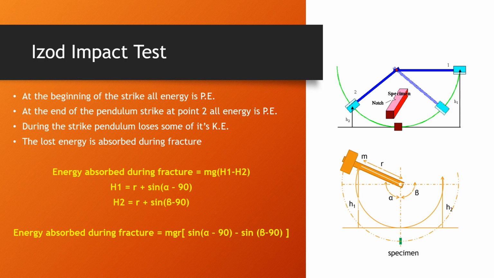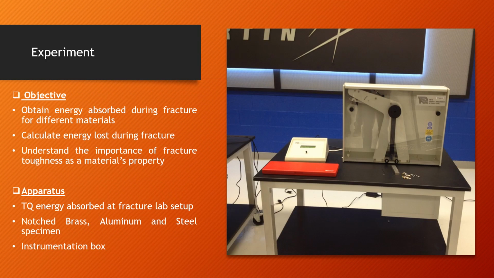However, during these tests, some energy is also lost as heat and other forms. So in this experiment, we're going to be calculating that lost energy as well. The objectives for this experiment are that we're going to use different materials to see which one is more ductile and which one is more brittle. We're going to try to calculate the energy lost during fracture,